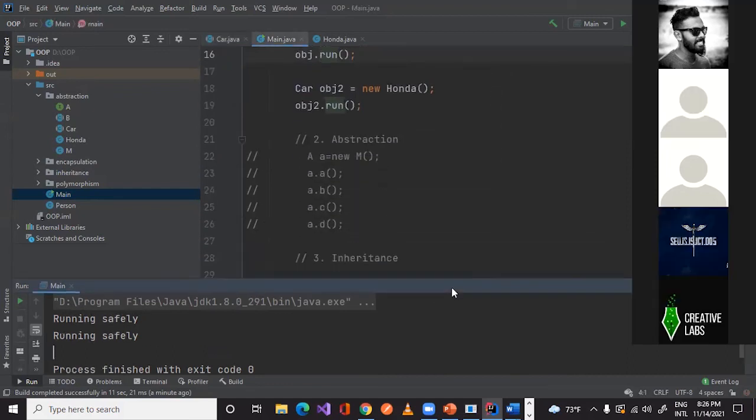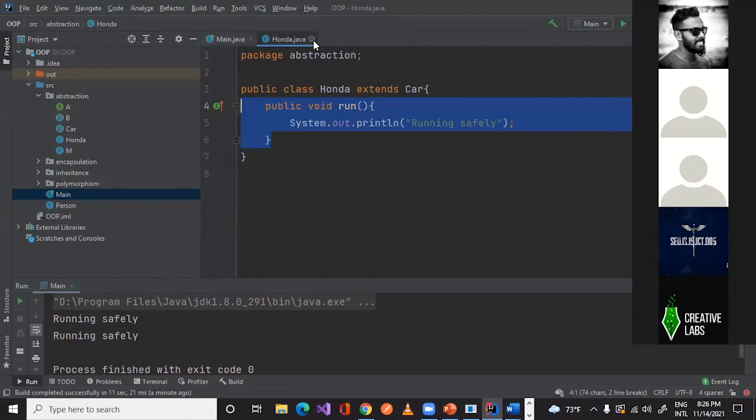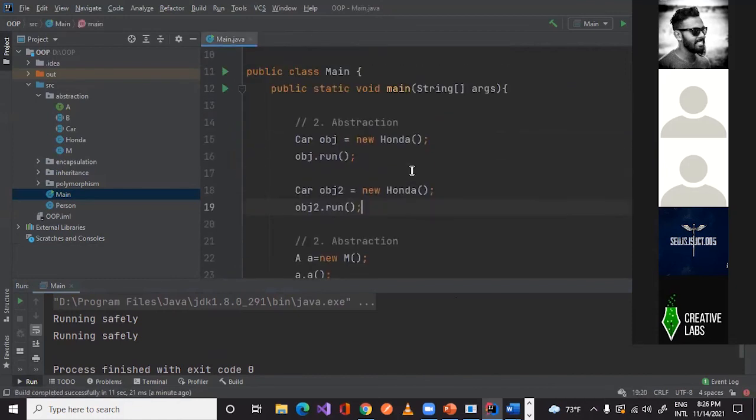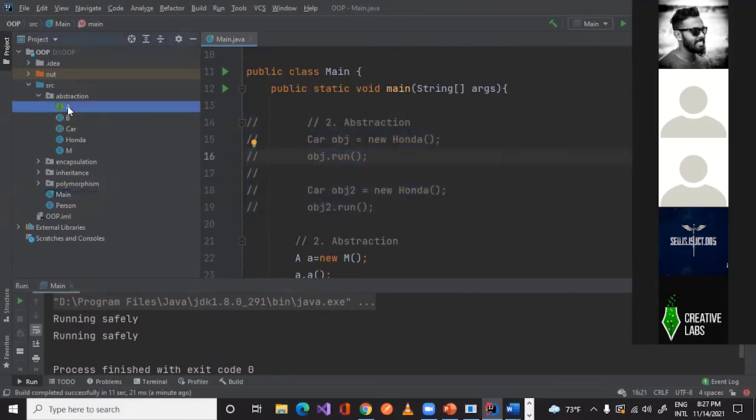So as I mentioned before, we can do abstraction in two ways. One is we can use abstract classes as we have done now, right? The second method is we can use interfaces. So I will explain that one. Now we are creating an interface here.